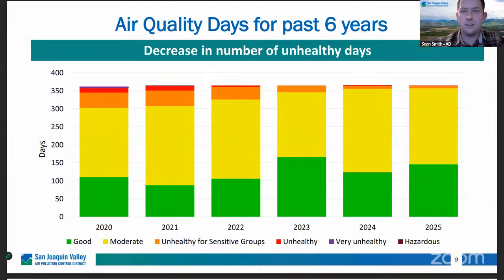Okay. Yeah, sorry. I'll just start over. I realize I probably have a poor internet connection. I apologize. So at the very top here, you're referring to the 2025 here. It probably looks like there's a slight red sliver here, but for the community air monitoring sensors, we only had for 2025 the 3 days that were in the unhealthy for sensitive categories and none for the unhealthy category. Yeah, actually, there's a slight little sliver up there, super small. One day for 2025. And again, just keep in mind that this is strictly from